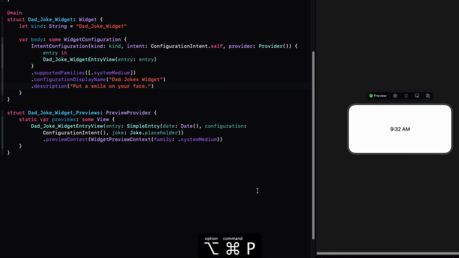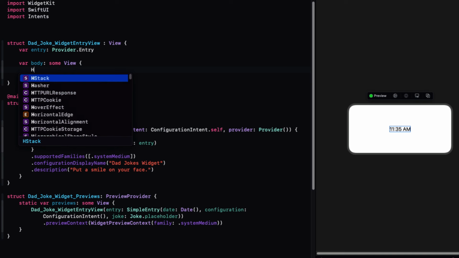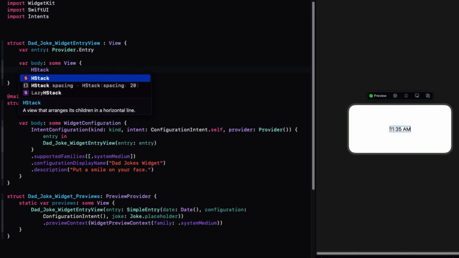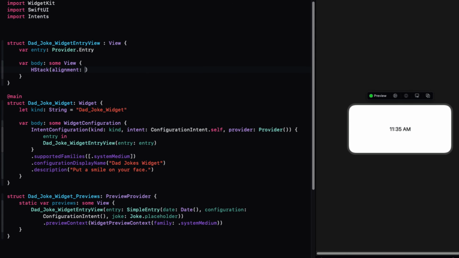It's the widget entry view where we design our widget. And right now it's displaying a text view with the entry date. And we don't want that. We want to display the joke, and we know that the entry will be provided us with a joke. In our layout then, we want to display an image on the left, and then on the right we'll show the type of joke, and beneath it the actual joke. So start with an HStack